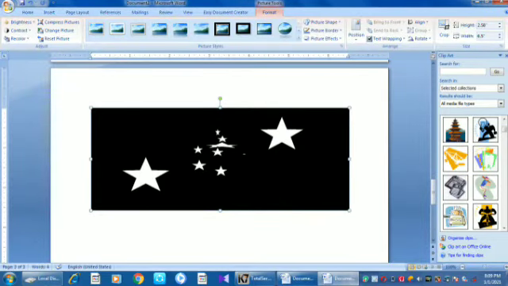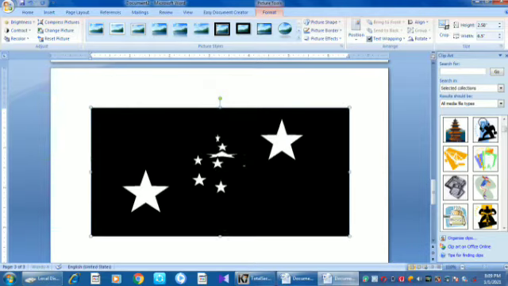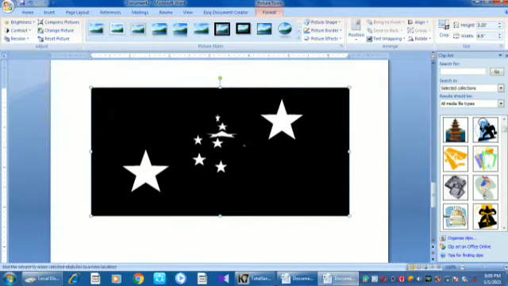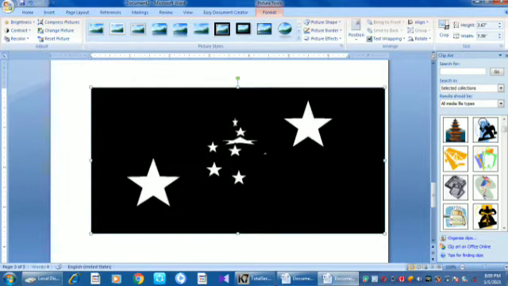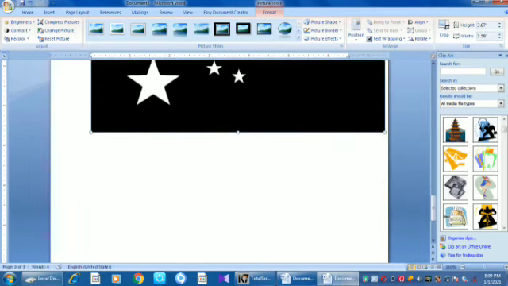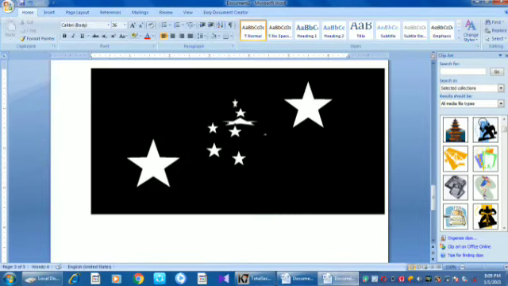The picture will appear here. If we want to resize means we can resize. Suppose we want to move means we can move the picture from one place to another place. We can resize the picture also. Clear?